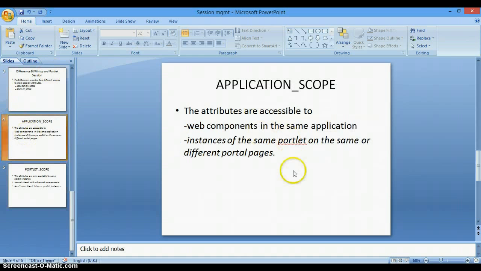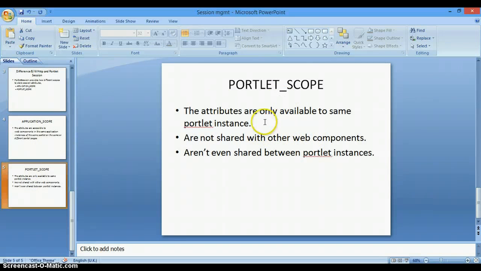This application scope is pretty simple, and it's similar to HTTP sessions, but the tricky part is here in the portlet scope. The attributes set in the portlet scope are not shared with other web components. They are not even shared between portlet instances.